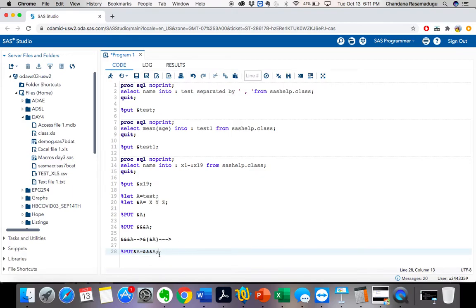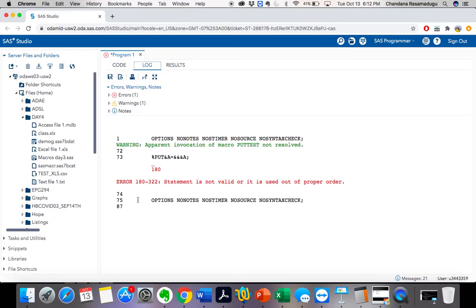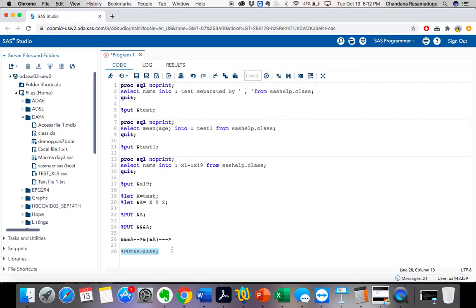Now what will I get as my answer when I execute this? I will get test equal to XYZ, right? Let's check it. Now let's execute this.